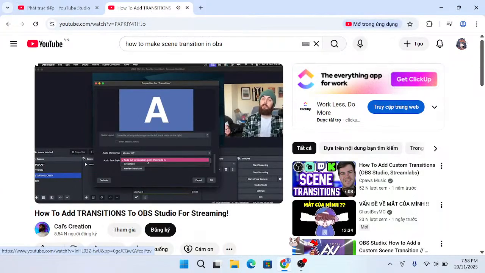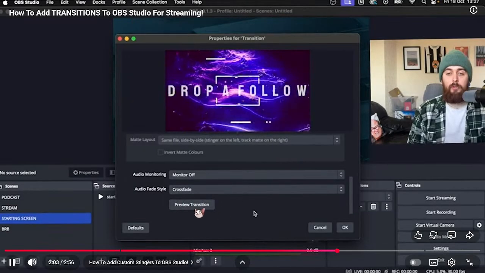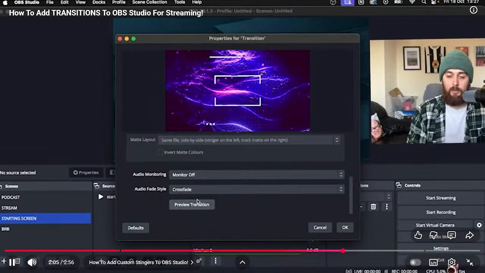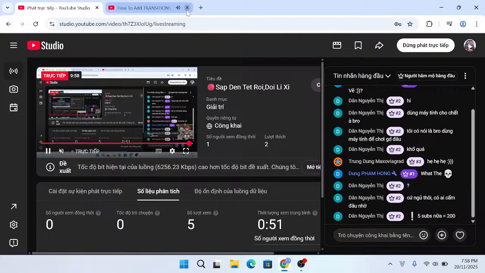And then you can choose whether this fades out or fades in or crossfades. I tend to use crossfade quite a lot. I just think it looks a little bit nicer for some of the stingers that I use. Once you're happy, you can click preview and it will show you what your stinger is going to look like. I made one here that, as you can see, just says drop a follow. This is a good way of having a call to action on your stream because you don't have to consistently ask people to